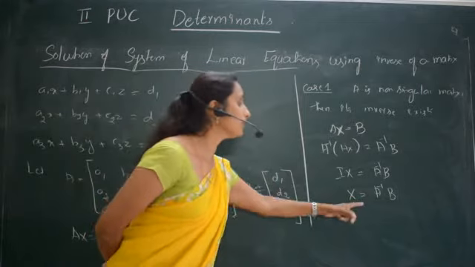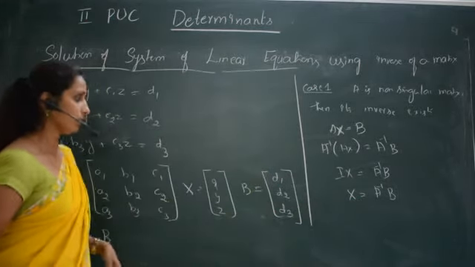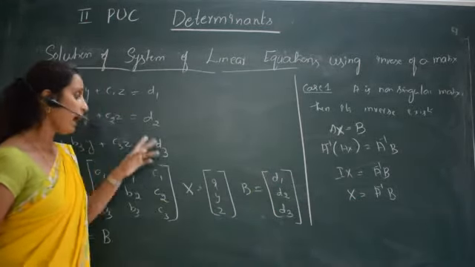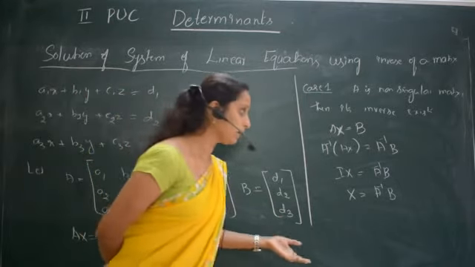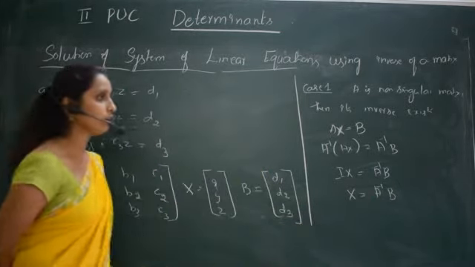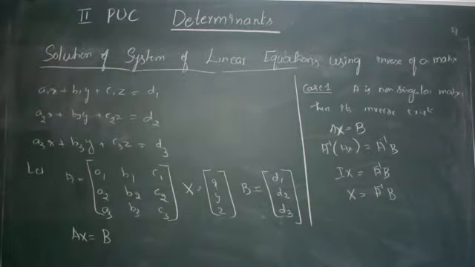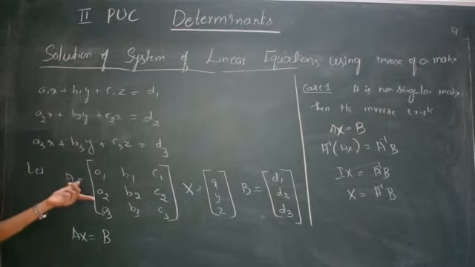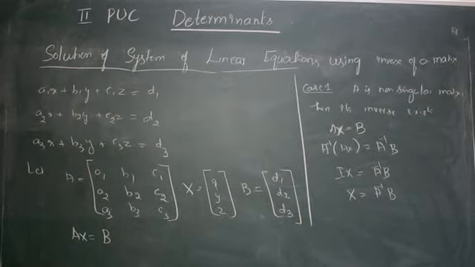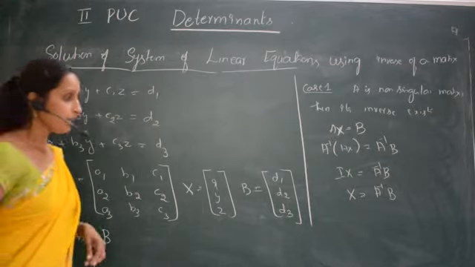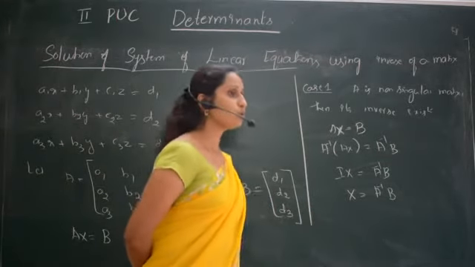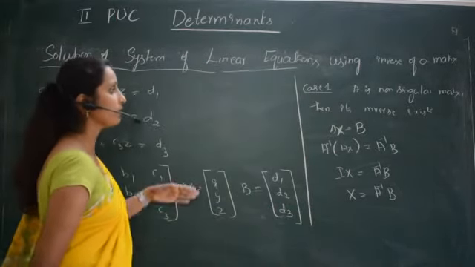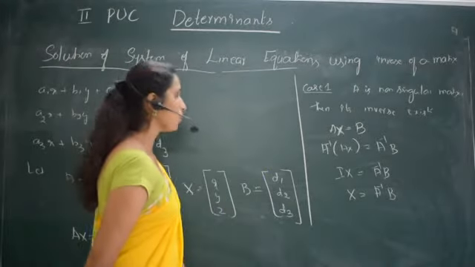So this gives the solution of the system of equations. We know that the inverse is unique. B is only one, from this equation X is the unknown variables, and A inverse is unique. We know that if the inverse exists, then it is unique. Therefore this matrix equation gives a unique solution, not more than one solution, only one solution. So this gives a unique solution for the system of equations if A is a non-singular matrix.